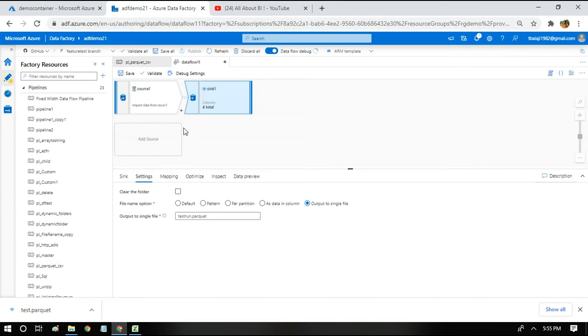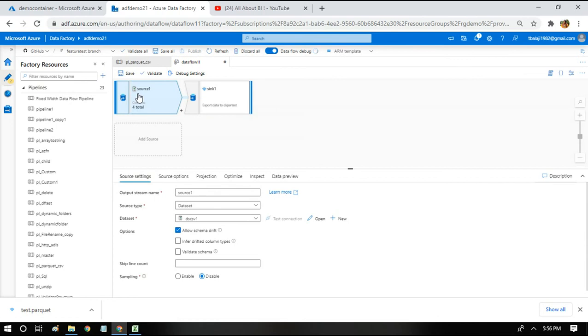Just like how we are writing to a sink, we can also read a Parquet file from data flow. So I'm just clicking on the source. I'm just choosing any Parquet file here.